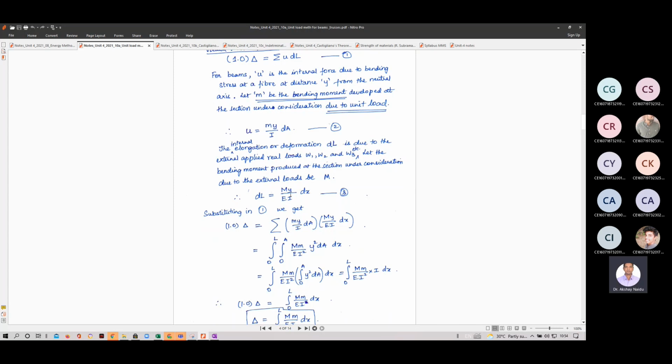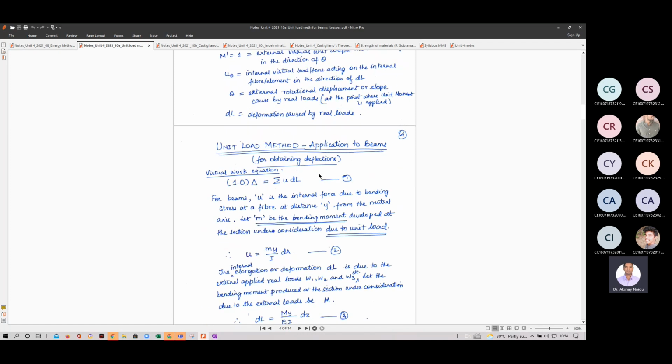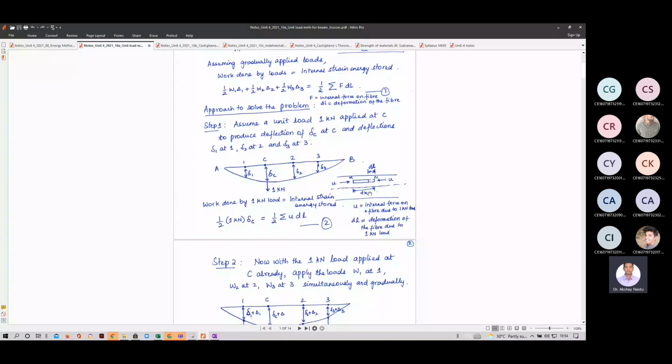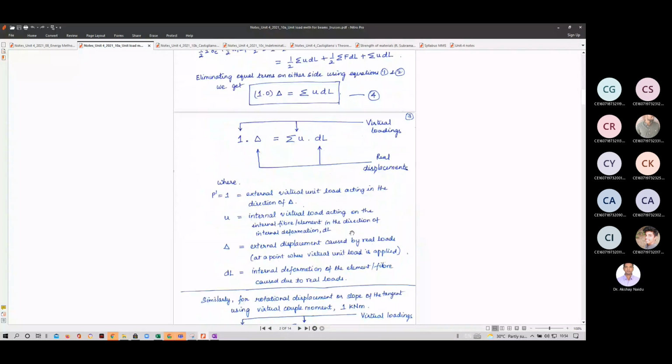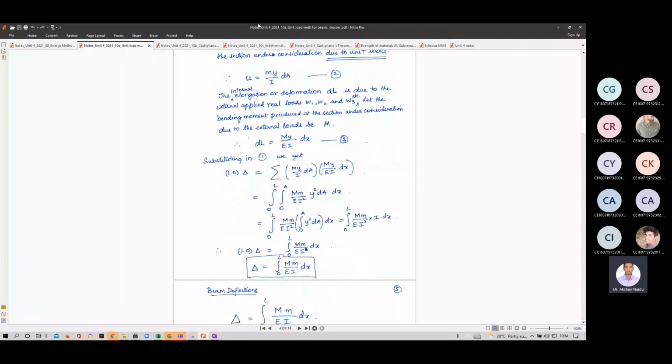This is strain basically. So stress is M by Y times I. Stress by Young's modulus is strain. Strain times the length, length of the original fiber is dx. So we get this. So finally, even if you don't remember all this, when we multiply UDL and do a sigma,